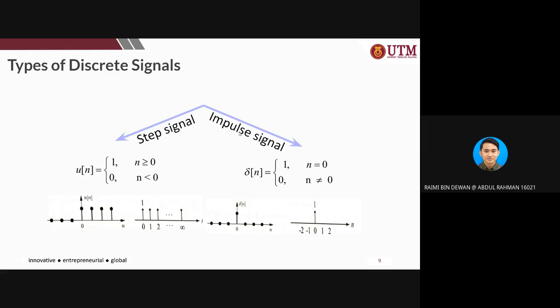Next is impulse signals. Impulse signals only have a value at a certain short instance of time. Here this is your impulse. You observe again, it is n inside, not t, because it is discrete time. At n equals 0, it is 1. However, other than that it is 0. So you can see only at 0 we have a value for our impulse. Here is a clearer version.